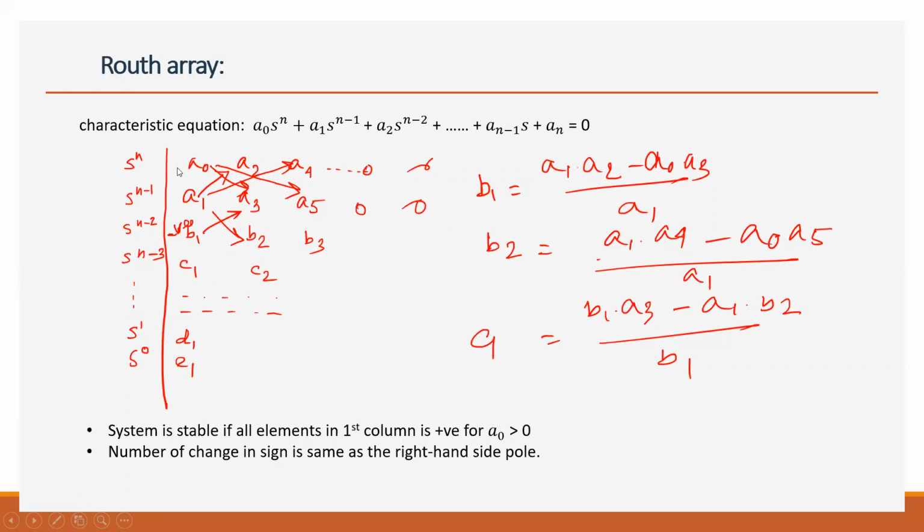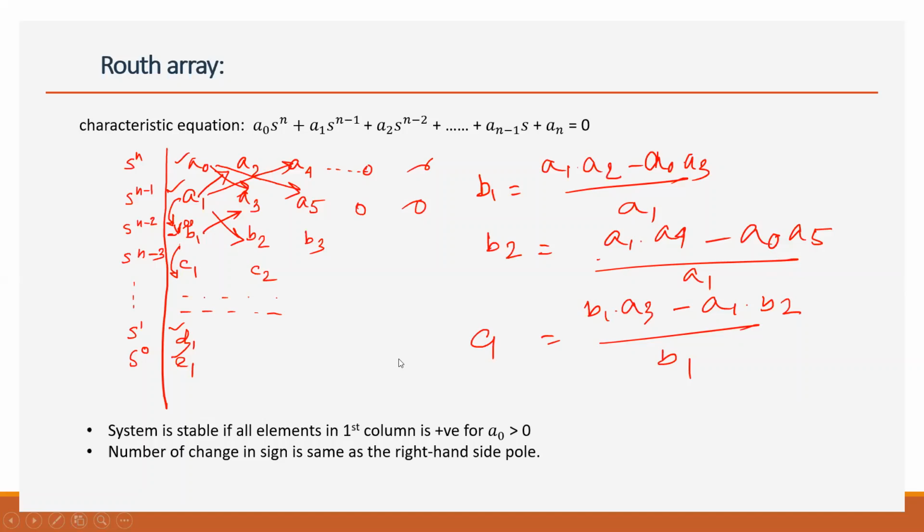We started with positive. This is positive, this is positive, but this is negative. So you have a change in sign from here to here, and then again this is positive, so you have another change in sign over here, and then you don't have anything. So how many changes in sign? 2. It says you have at least 2 poles on the positive or right hand side of the S-plane. This is more detailed information on the system stability, and it is very easy to do even for a system of 6-7 order. Should not take more than 3-4 minutes.